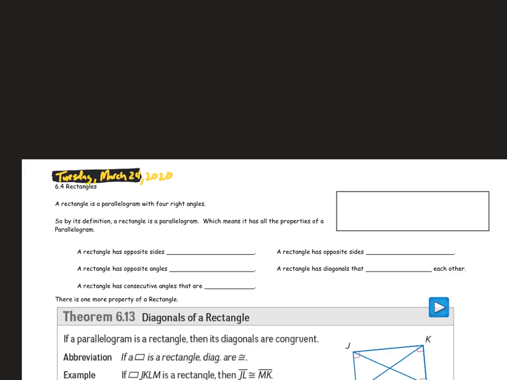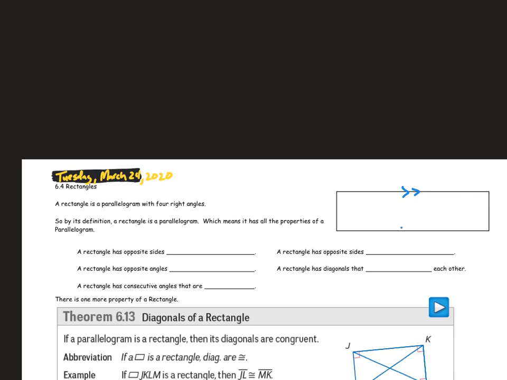Today's notes, we'll be talking about section 6.4. We're going to be looking at rectangles. I'm going to give you the definition. The first definition that we're going to study today is that of a rectangle, which is a parallelogram with four right angles. So if I look over here to my figure at the right, I need to put in the